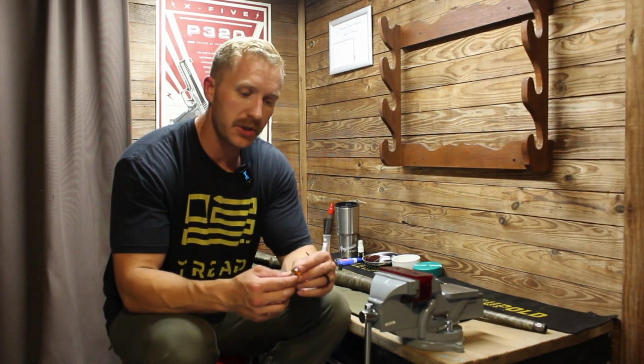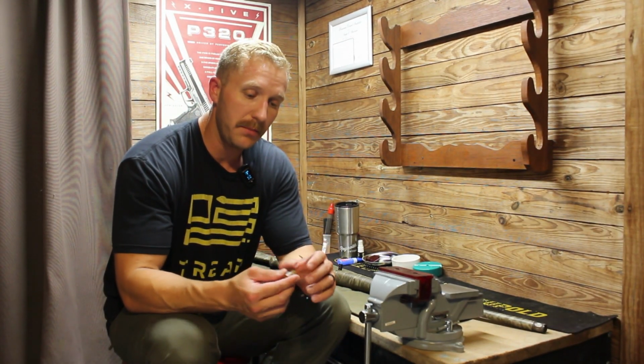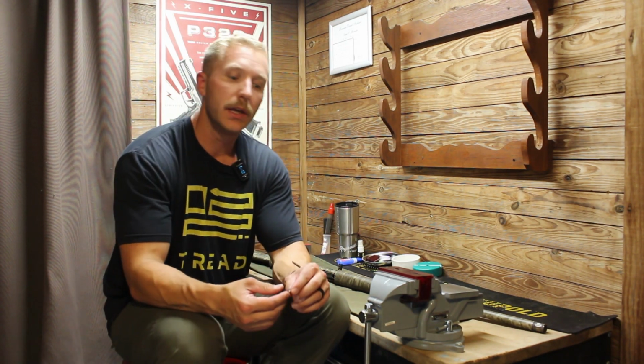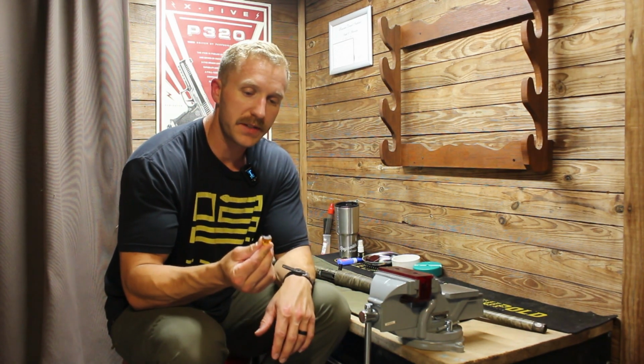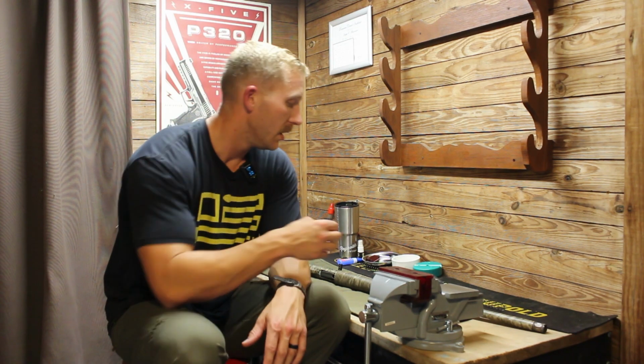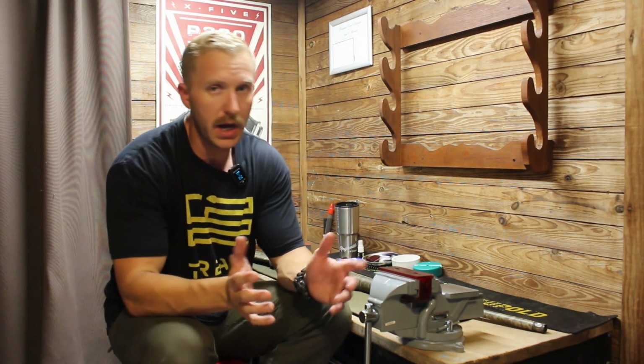So if you're shooting a much hotter shell and the bolt comes flying back harder than it would with a low power 2 3/4, less than 3 drams of powder or 1 1/8 ounce load shell, this probably wouldn't be that necessary, or it would barely even touch it. But with a heavier shell, a hotter shell,